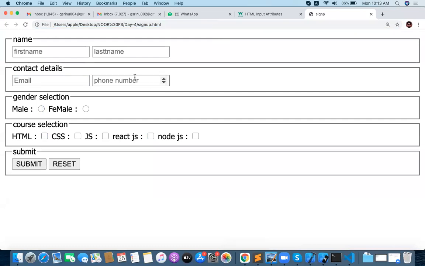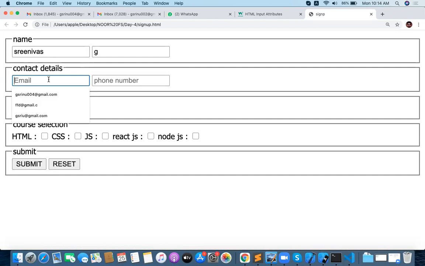So he is going to be submitting some things. Without giving the first name, he can't submit. For example, he provides the first name, something like this, and submits, and it is asking for the last name, and the last name is also required. Something like Srinivas G. Submit. This message is coming from the required attribute.